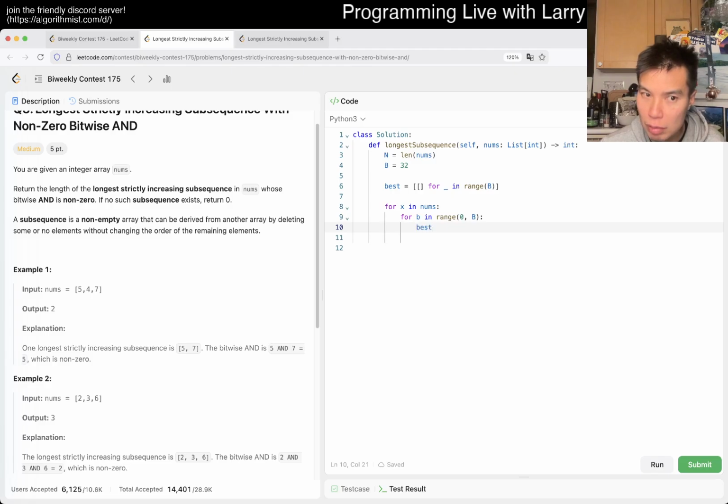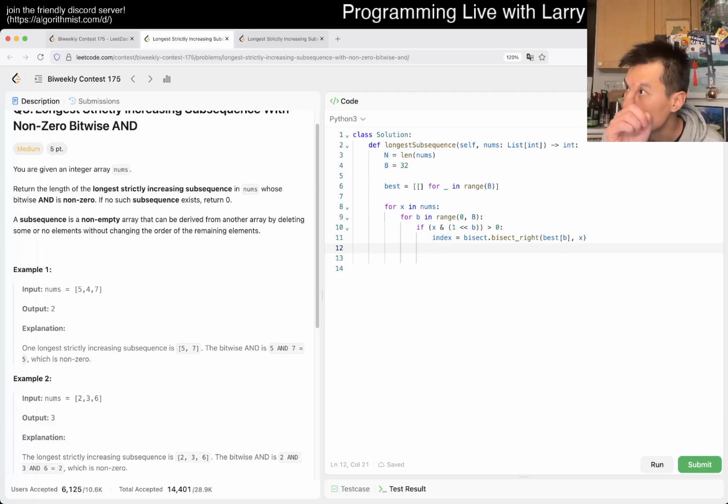And now best of b dot binary search. Oh wait, you have to do an if statement. If x equals this, then we binary search strictly. So if it's the same, we want to go to the next number. Right. Okay, right. So then now,